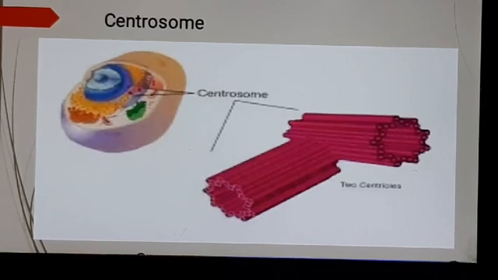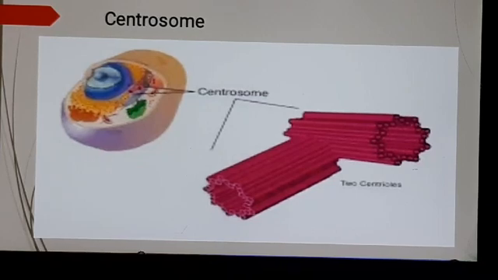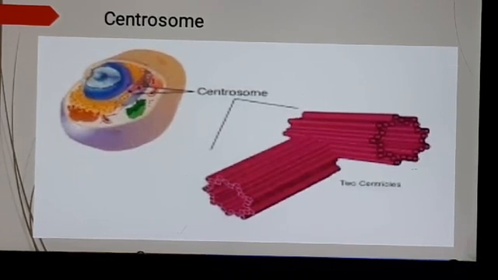The function of centrosomes is to initiate and regulate cell division. What happens is, when the cell is about to divide, this centrosome splits into two centrioles, and these centrioles again split and one each goes to opposite poles of the cell, and they are responsible for holding chromosomes by formation of spindle fibers, that you will read in your higher classes. You only need to remember that their function is to initiate and regulate cell division.